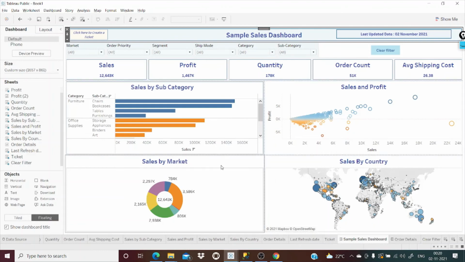Other than that, we did not use any calculation field, but still we were able to generate this kind of report. The reason I did this dashboard is that when I started Tableau, I thought it was quite difficult to learn, especially if you don't know anything about visualization. I just wanted to tell you, especially if you are a beginner or someone looking to change your career into data analyst or Tableau or Power BI, that it is quite easy. You just have to make sure everything is aligned and things like that you will learn with time. So it is easy to learn.